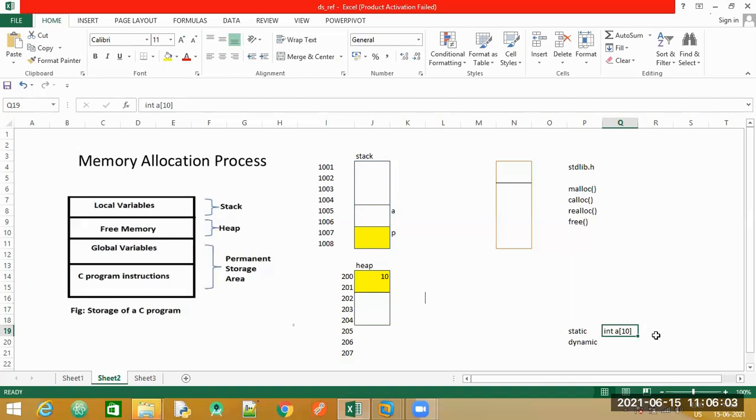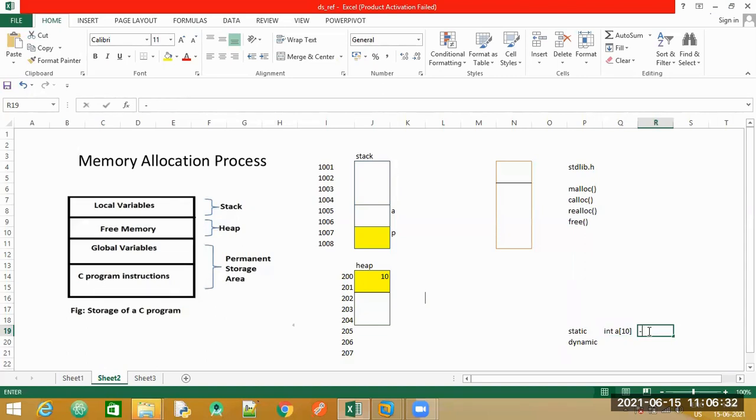Now the next thing is dynamic memory allocation, which we will study in this chapter. Dynamic memory allocation means you have the flexibility to increase the memory space for that particular program, or even to decrease it. The definition of dynamic memory allocation is the memory space that is allocated at runtime.